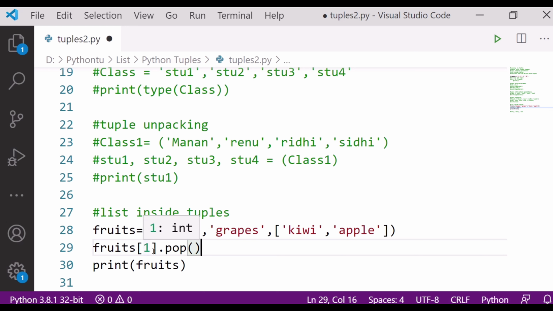So I will write index 0 1 2. Pop is removing the last element. Let's see what will come.